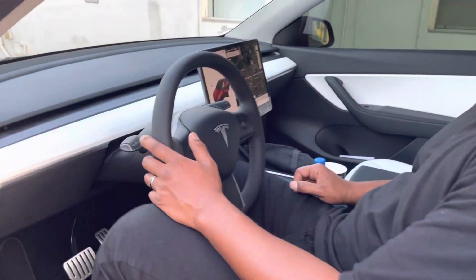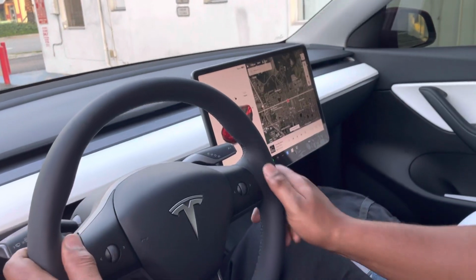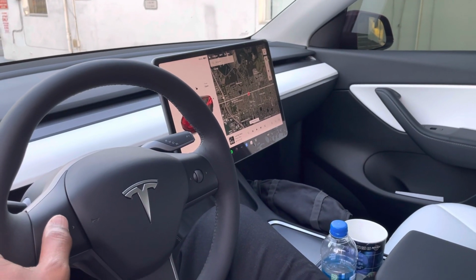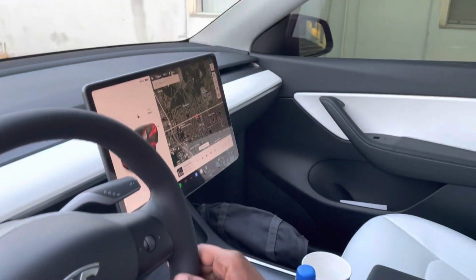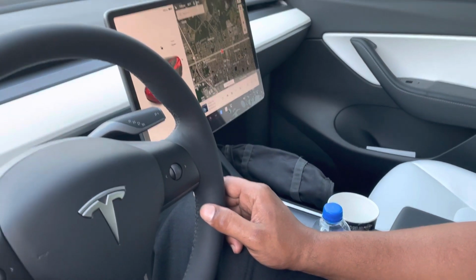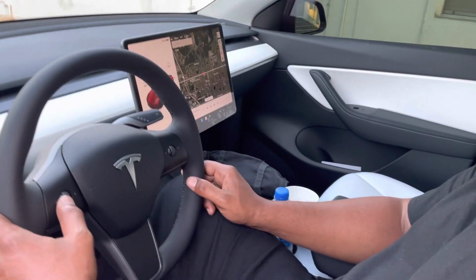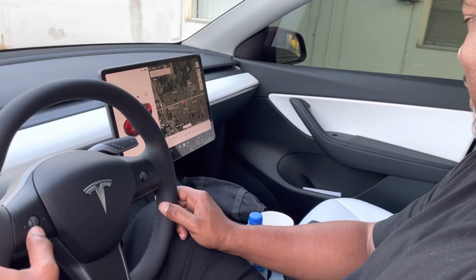Okay, so I'm not going to show you everything. First, the sound system's amazing. I'll give you a few seconds on here because you can't play much on here, but the sound system is amazing here. Hold on, I'm going to put something on in a second. Okay, I've got something playing here. Yeah, and the sound system, as I say, is really